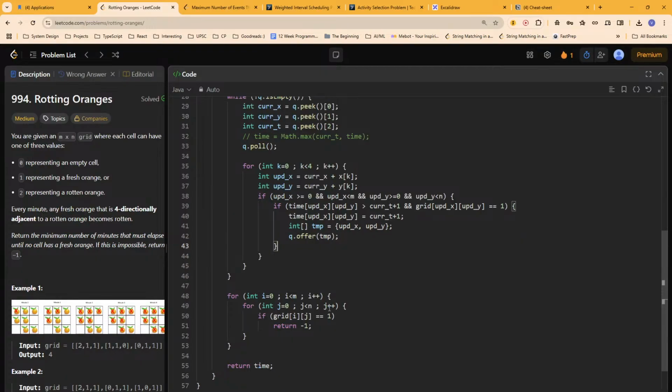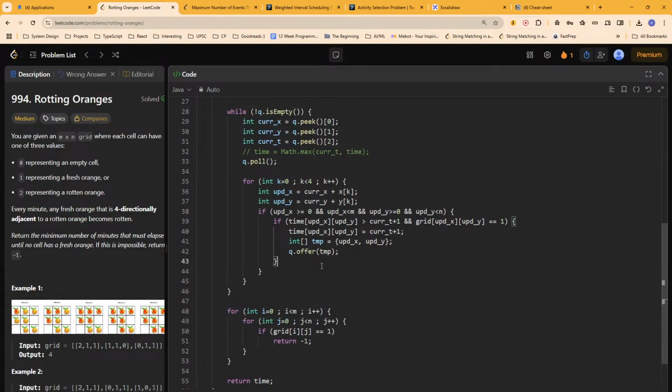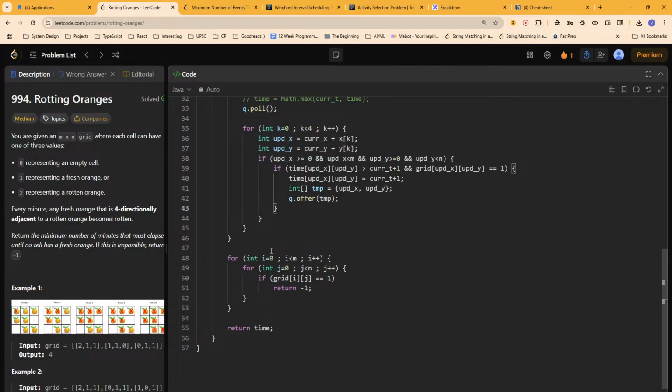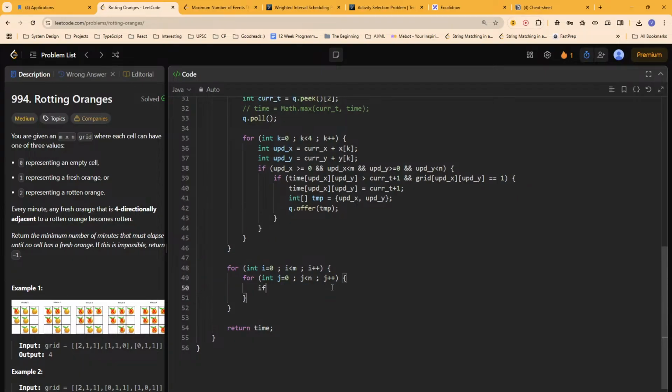But now how to calculate the time? We have a grid which mentions the time required for all the oranges to become rotten. So what we can do is iterate through the grid, and first what we can see is